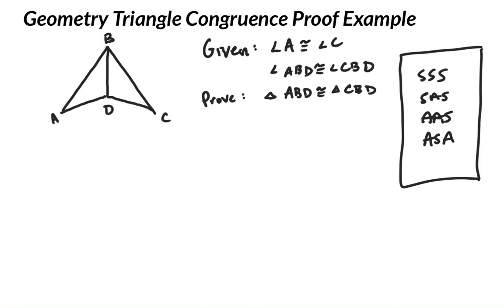Let's look at an example of a triangle congruence proof. In this video, I'm going to do this two ways. One, I'm going to do a two-column proof, which is a more traditional way of doing these. And then I'm also going to redo the same proof using a flowchart, which is kind of a newer way that curriculums are doing this. So if you're someone that uses flowcharts in your school, skip to the next chapter, and you can look at